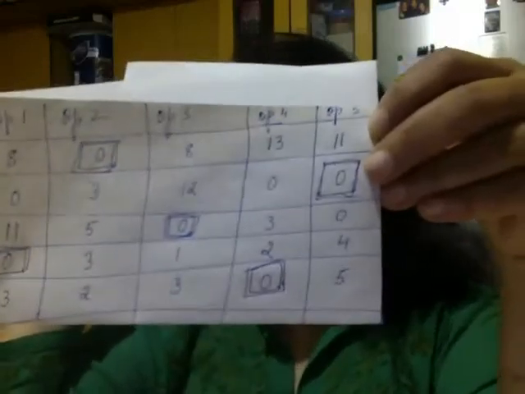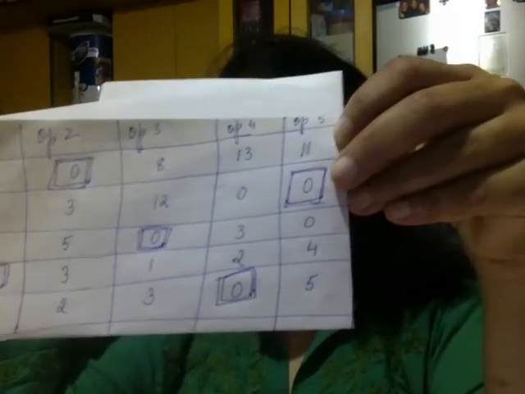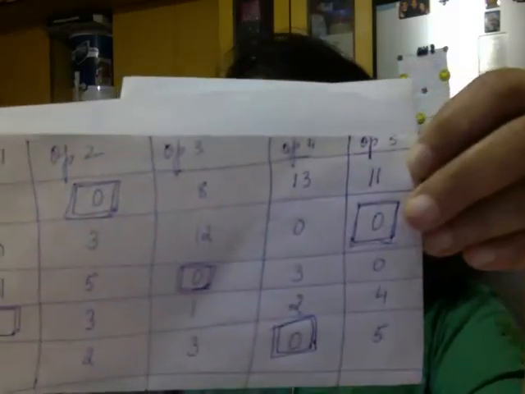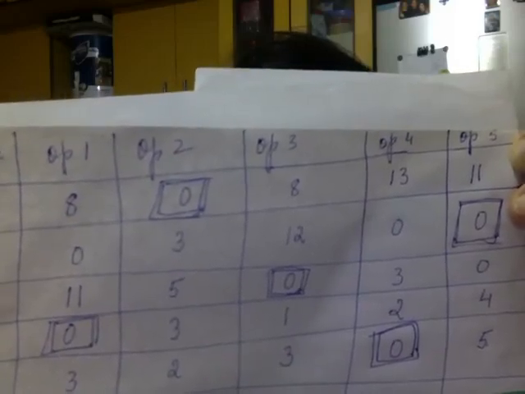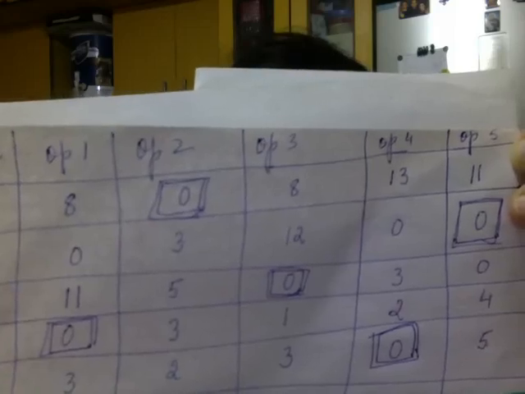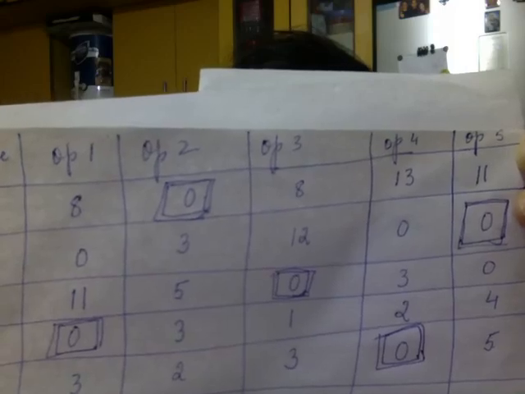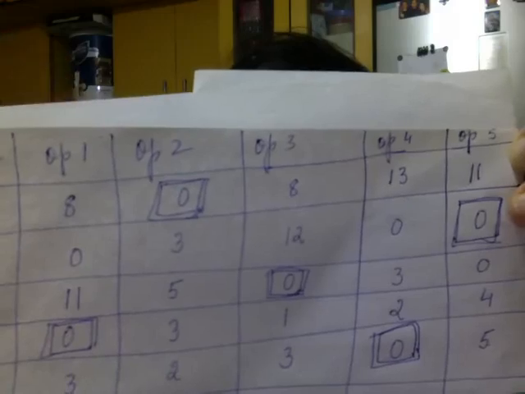Now we come to B. We find that there are three zeros. But the first one, operator 1, has already been given to D. Then the next one has been given to E. So without a choice, we give this one operator 5. Then we come to the C row. There are only two zeros, that is in 3 and 5. Since we have already given 5 above, we give here to 3.